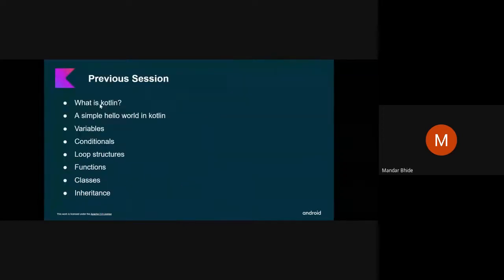Let's just jump into the app. So far we have seen all of these things like what is Kotlin, what are its variables, how to handle conditions, then defining functions, classes, etc. But now it's time to put it into a real working app, right? So this session is completely dedicated to showing an Android app written in Kotlin and understanding the concept of how views work and how they are bound to each other and how data is handled within those views.